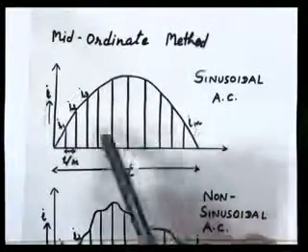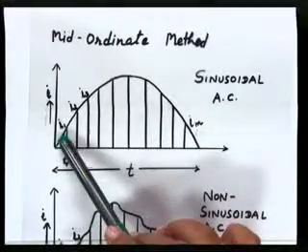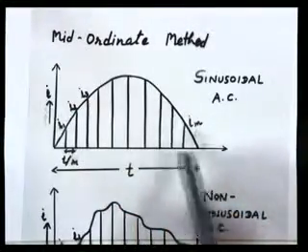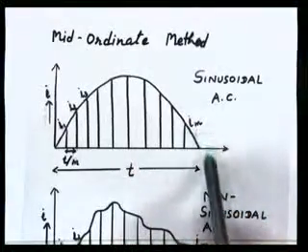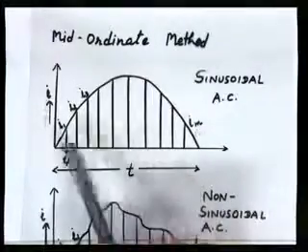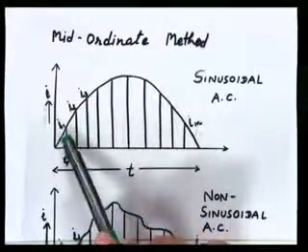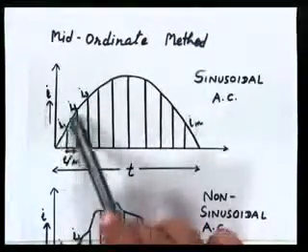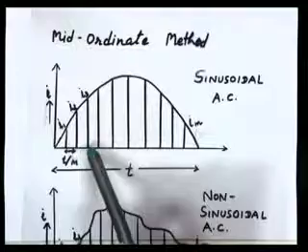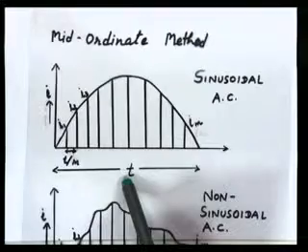Divide your waveform into a number of equal parts, and measure the instantaneous value of current for individual parts. As shown in the figure, this is our alternating current waveform. We are considering only the positive half cycle. I1, I2 and I3 will indicate the instantaneous value of current at the particular instant. And we will divide this waveform into m number of parts. This is our last current, which is Im. The time period of this particular waveform is T.